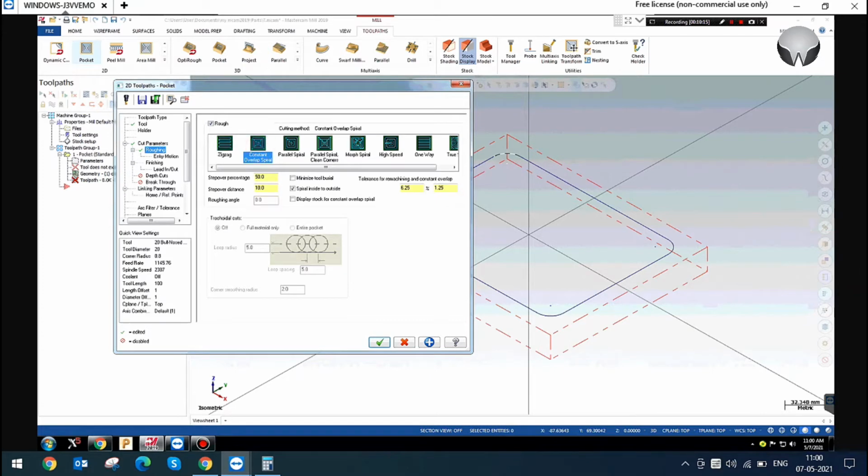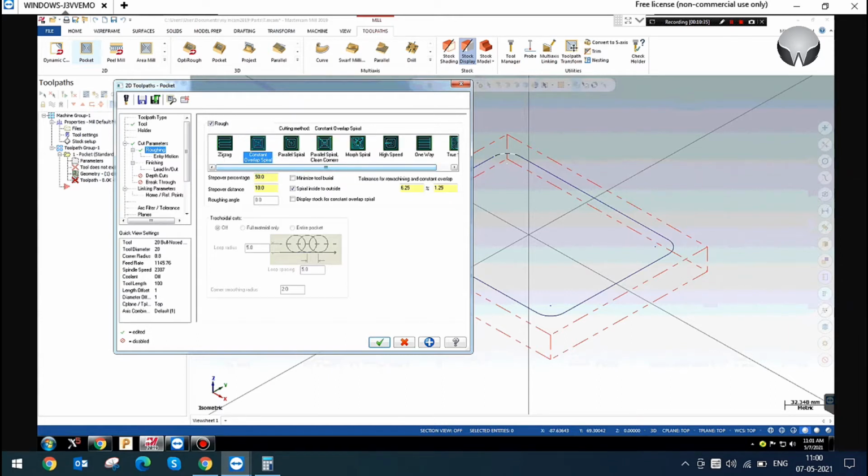The first one is zigzag cutting method. Constant overlap spiral. The constant overlap spiral is the cutting method we regularly use most in Mastercam, because this cutting method will clear and effectively clear the material at the corners. That's why we are using it.